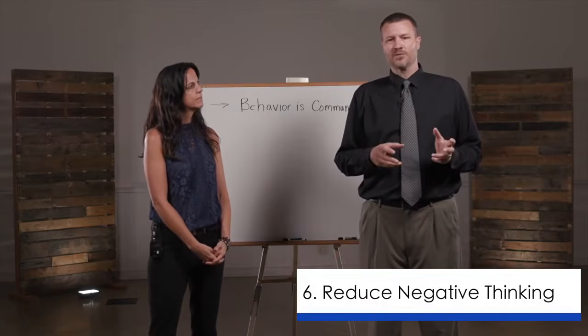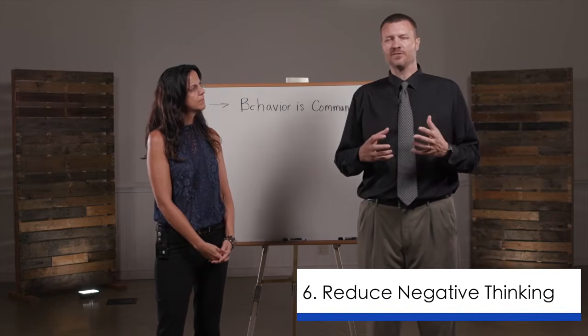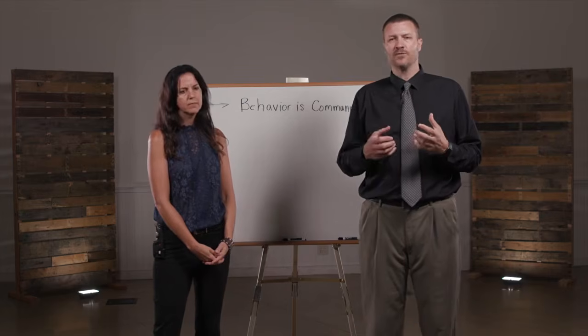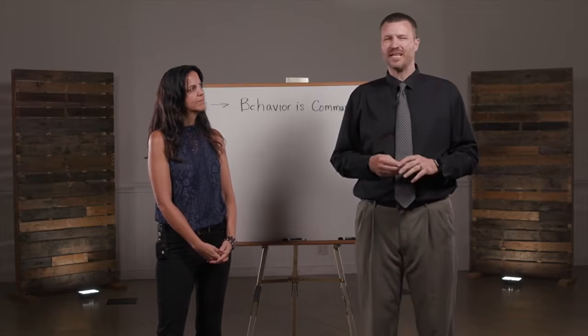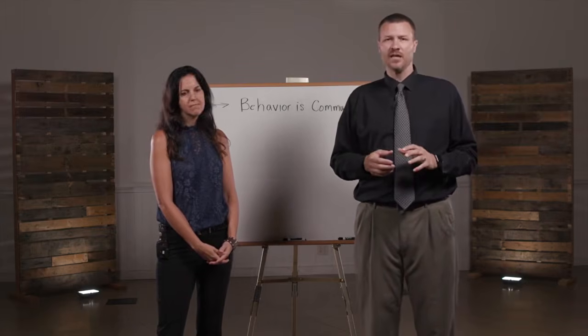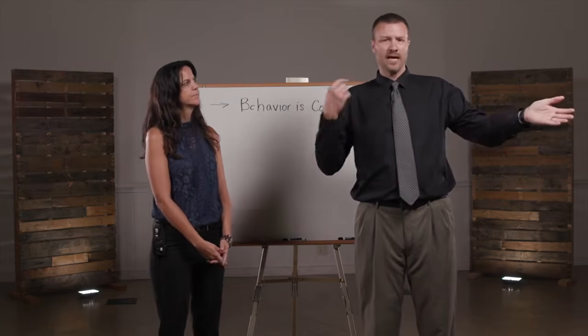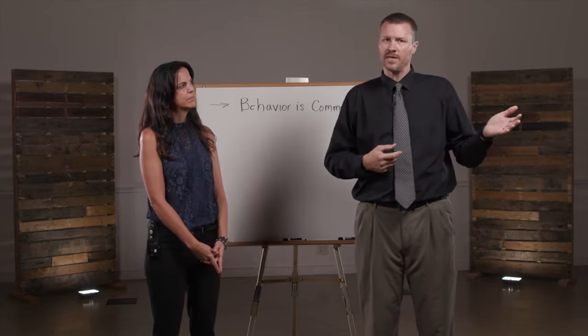Now, in that last one, number 5, we just talked about some of this negative narrative that students have going on in their mind. And so we do things in our classroom to help with that. We use things like calming chairs and places for kids to go. Sometimes, though, that's a bad idea, because if a kid is in their mind saying all these negative things and we put them by themselves in a chair to calm down, all that's happening is they're repeating negative thoughts in their mind over and over again. It's not really going to make them feel better.